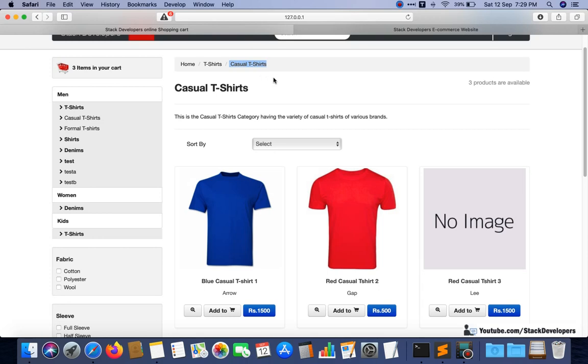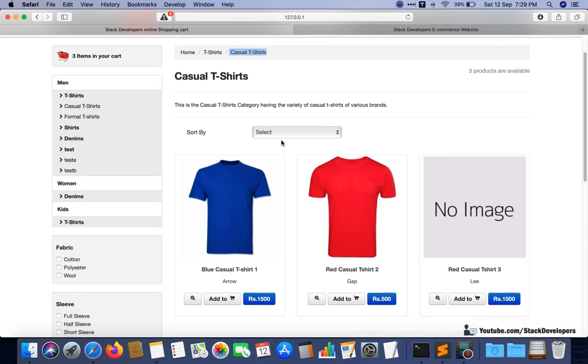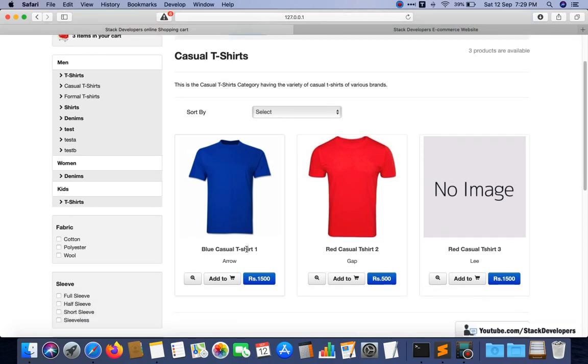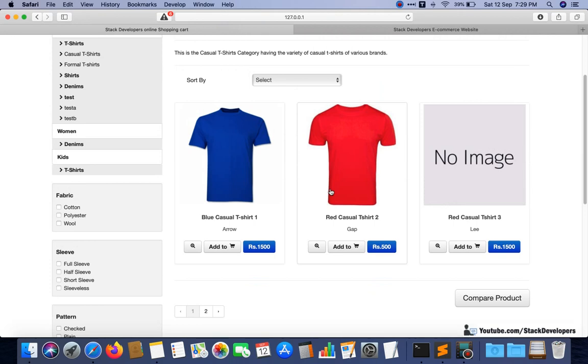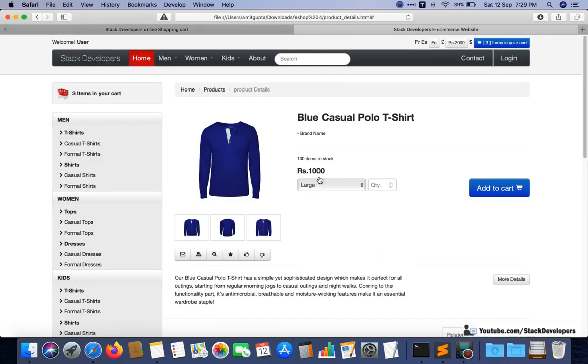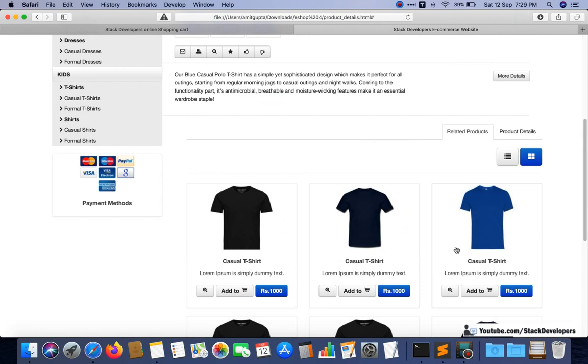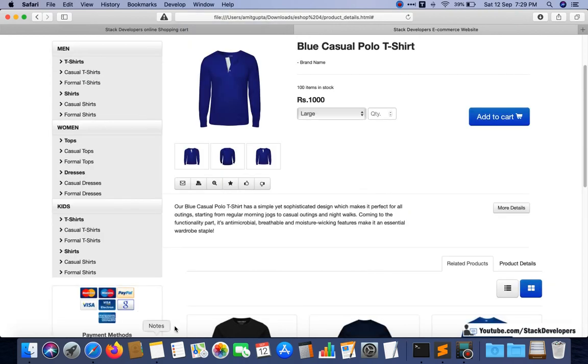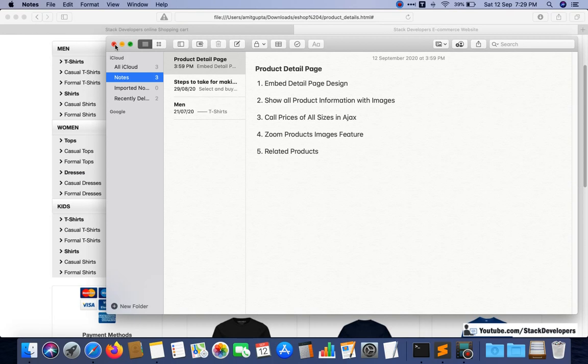So we will show all other casual t-shirts as well on the product detail page. Like if the user opens this blue t-shirt, we will also show this red one, and any others. So this red one will be shown here in related products along with the other products as well. So these are the things we are going to do for our detail page.